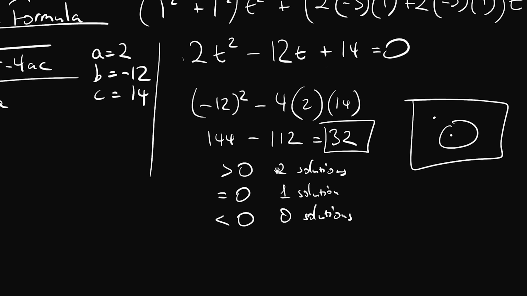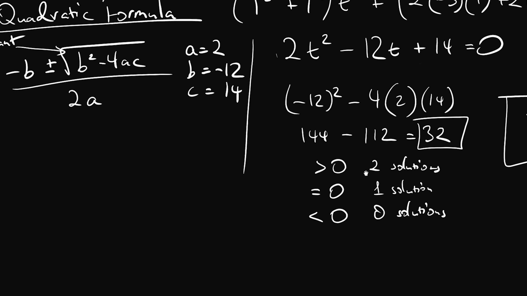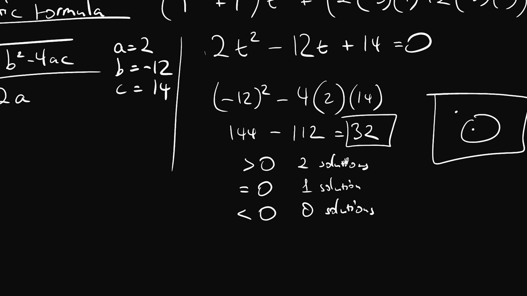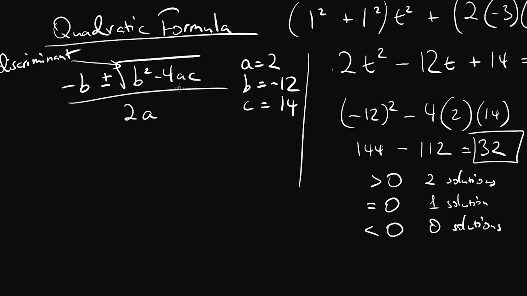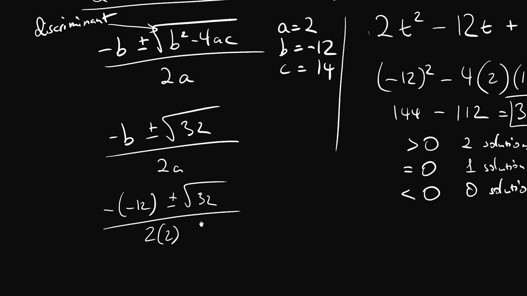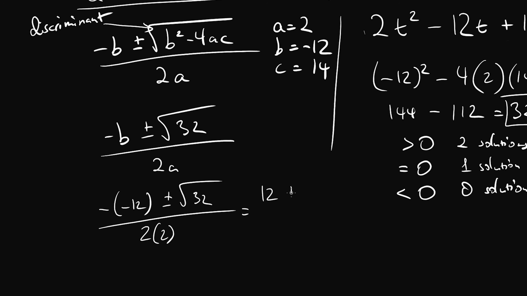However, for more detailed scenarios, we do actually want to know where we hit this circle or sphere. So for that, we're actually going to have to keep going with this quadratic formula. So we've worked out this discriminant part. We know that it's 32. So let's go ahead and sub that in. So we have minus b plus minus square root of 32 divided by 2a. So let's sub in a and b over here. And so we'll get minus 12 plus minus square root of 32 divided by 2 times 2. Right, which is, of course, just 12 plus minus square root of 32 divided by 4.